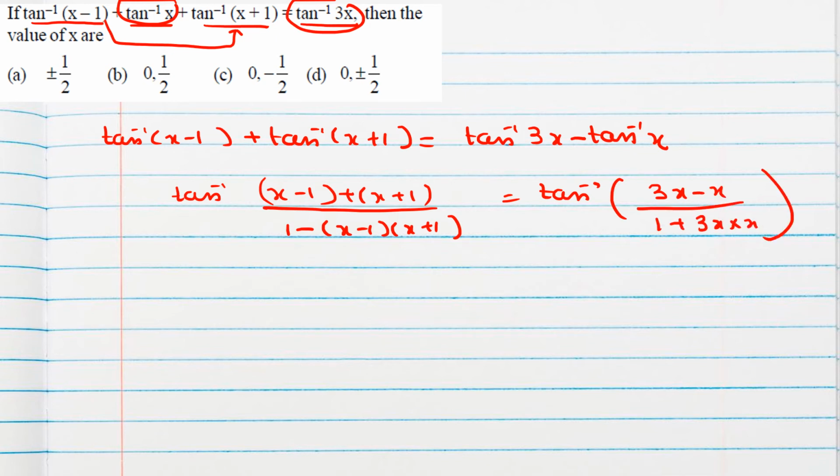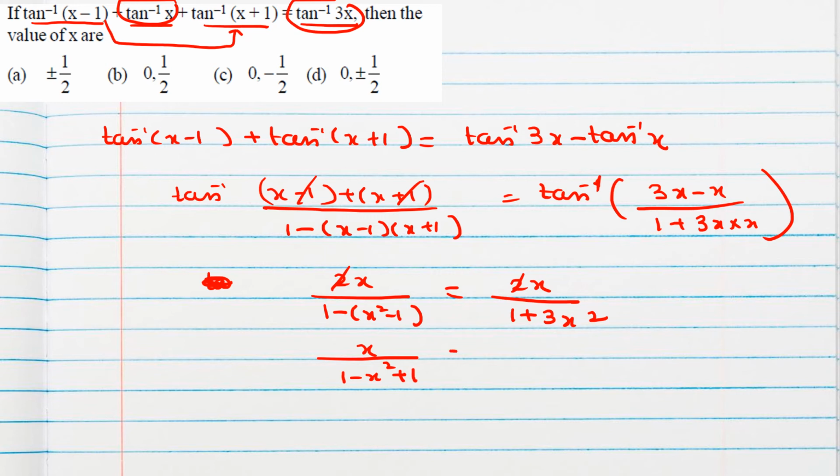So here see minus 1 plus 1 we can cancel. And both are tan inverse, tan inverse, so only x angle we can equate. So 2x over 1 minus x square minus 1, here 2x over 1 plus 3x square. So 2x also we can cancel. Or better don't cancel it because x value can be 0, so we cannot cancel. 2 only we can cancel from here, and x by 1 minus x square plus 1, x by 1 plus